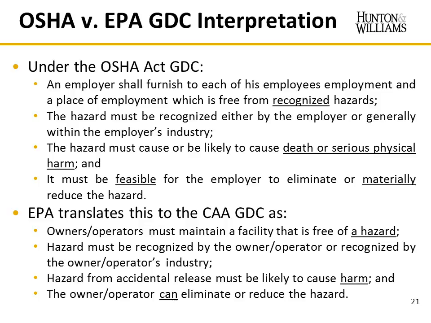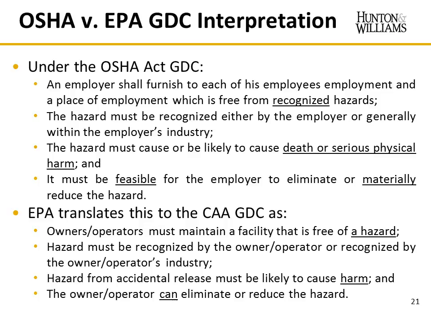So OSHA says an employer shall furnish to each of his employees employment and a place of employment which is free from recognized hazards. And EPA says owners and operators must maintain a facility that is free of a hazard. So the "recognized" is gone. Then they bring recognized back in, but the way that they interpret it is more of an obligation on you than otherwise. And then